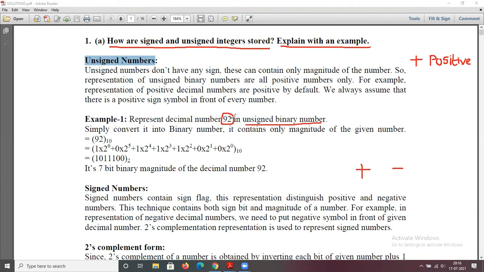Simply convert 92 into a binary number. There is no sign here. I hope you all know how to convert 92 into binary. It is the 7-bit binary magnitude of the decimal number 92.